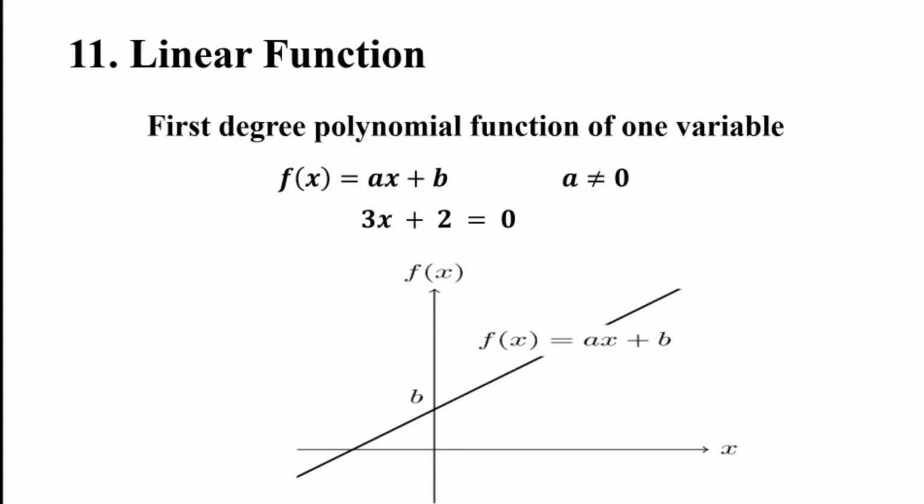The graph of a linear function is a straight line. So a linear function has one independent variable and one dependent variable. The independent variable is x and the dependent variable is y. Here b is the constant term or the y-intercept, and it is the value of the dependent variable when x is equal to 0, and a is the coefficient of the independent variable, and it is also the slope and gives the rate of change of the dependent variable.